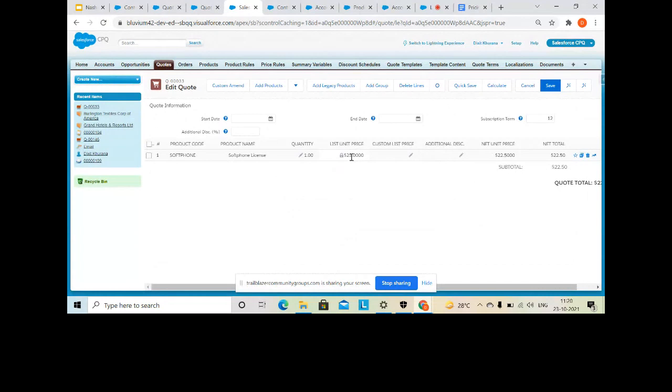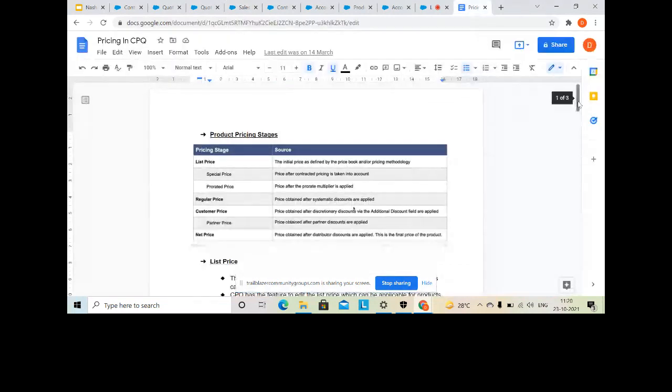Now the thing is, CPQ follows a particular price waterfall model. Now I'll show you where this contracted price lies in that price waterfall model. If you see this table, these are the different types of prices we have in CPQ, and it follows order from top to bottom.